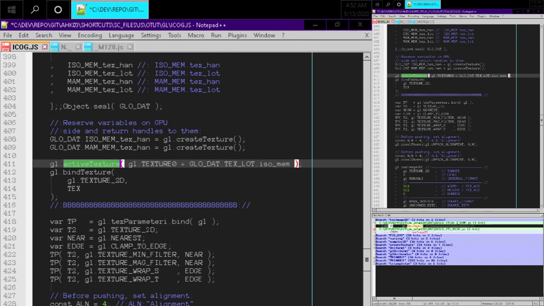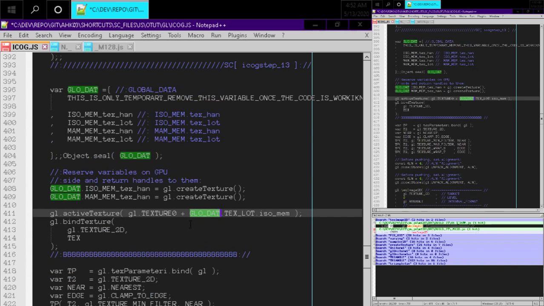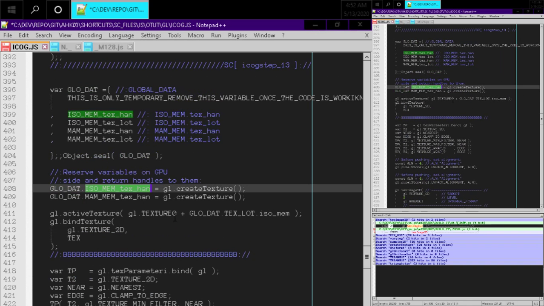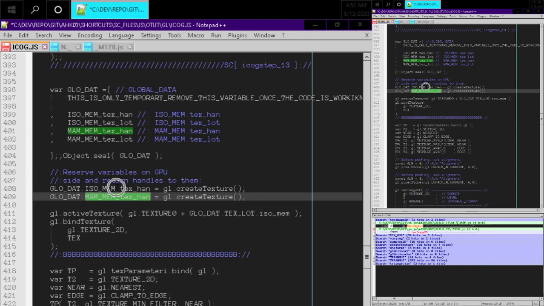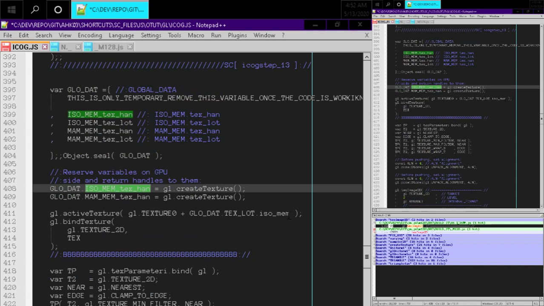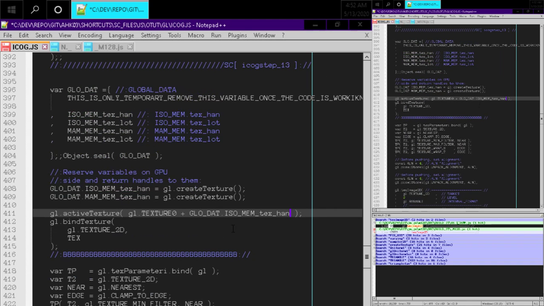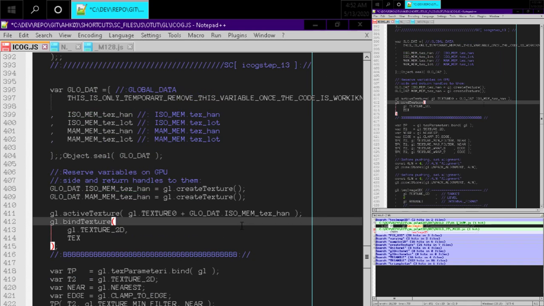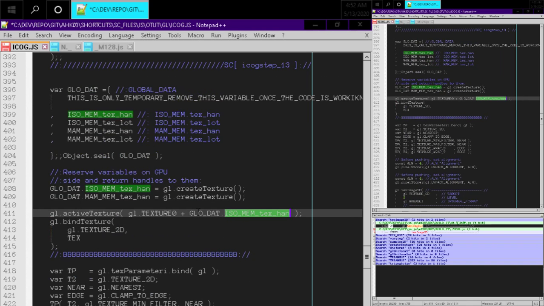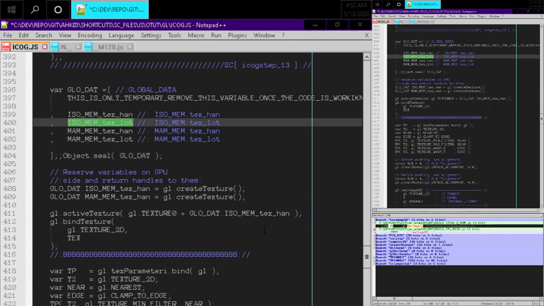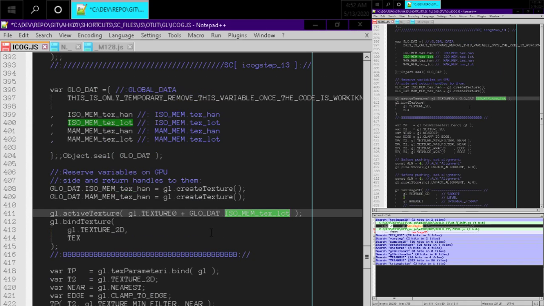Okay, so GL active texture. OpenGL is a state machine. So let's see, global data. We're gonna change this to the... I don't know which one we're gonna do first. Okay. So, ooh, what am I doing? We need the texture, not the texture handle, but the texture slot. So remember, texture 0 plus whatever the texture slot is will get us there, right,